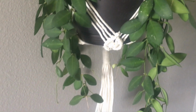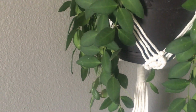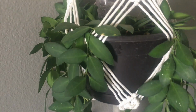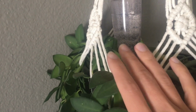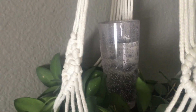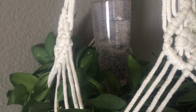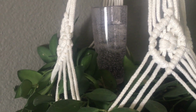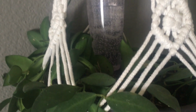Okay, so this is my Hoya sp. Affinity Bertonier. This one I really enjoy having hanging here in my room, but I was really struggling to get the watering right, so I put one of those watering things in here, and you can see it's about 3/4 full of water. It's been sitting there maybe a day or so. It usually takes a couple days for all the water to run out,